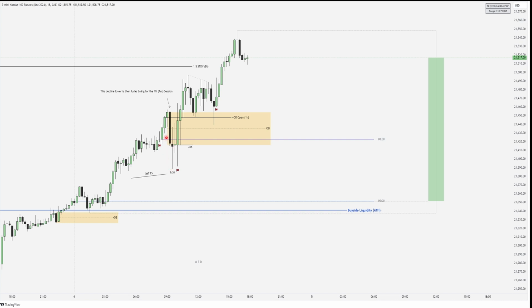The market then reversed as anticipated, since this decline lower is just a retracement to set up new buying and then reprice higher, which is like the all-time high protocol in essence. In a bullish market, any retracement, any decline lower is expected to be a retracement to set up new buying opportunities for smart money to distribute later on to above old highs or inefficiencies in premium. That's exactly what happened here.